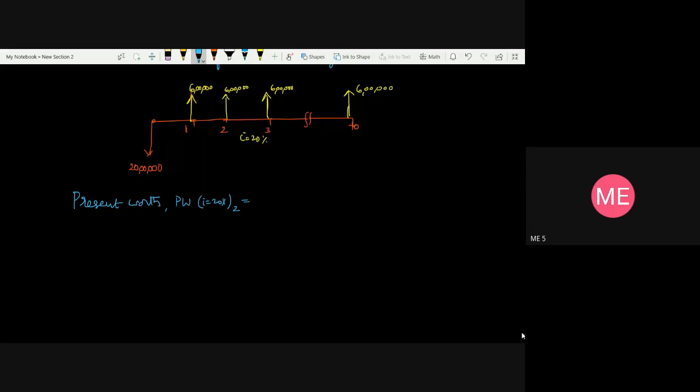So here, I'll write this as a revenue dominated cash flow diagram. The expenditure will be taken as negative and all the revenues will be taken as positive. Rather than calculating for each alternative, it will form a uniform series of payments. So straight away I can use the equation for the given annuity, and I'm going to calculate the present worth value, or present amount, for the given annuity, with I at 20% and N equal to 10 years. Based on this equation, I can calculate the present worth.